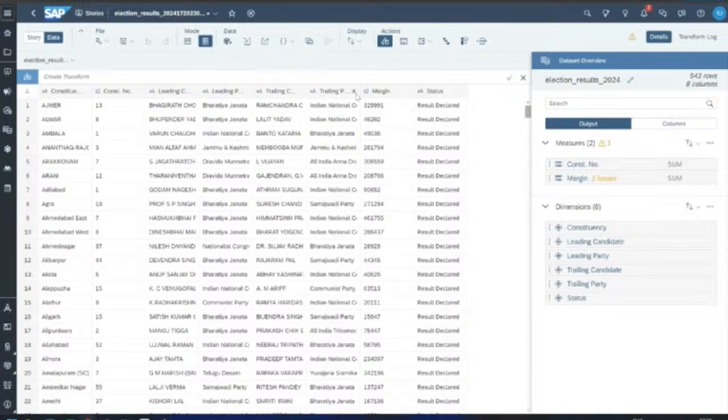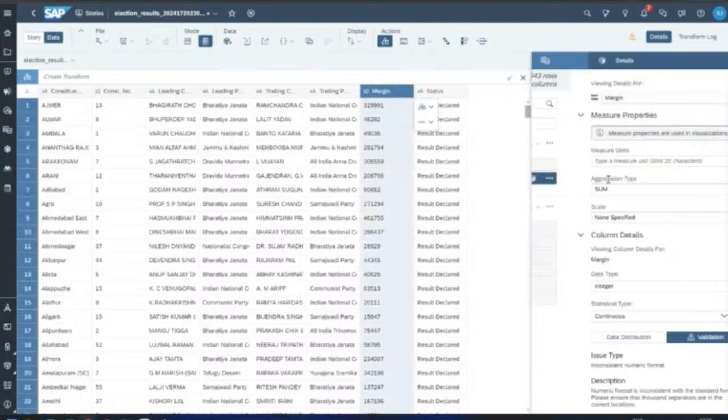Now, once the data is uploaded, it will automatically analyze our data set. And if there are issues in the data set, it is going to identify them over here. So you can see it has identified there is one issue in our margin data. Margin is this one, the margin with which the candidate won the election.